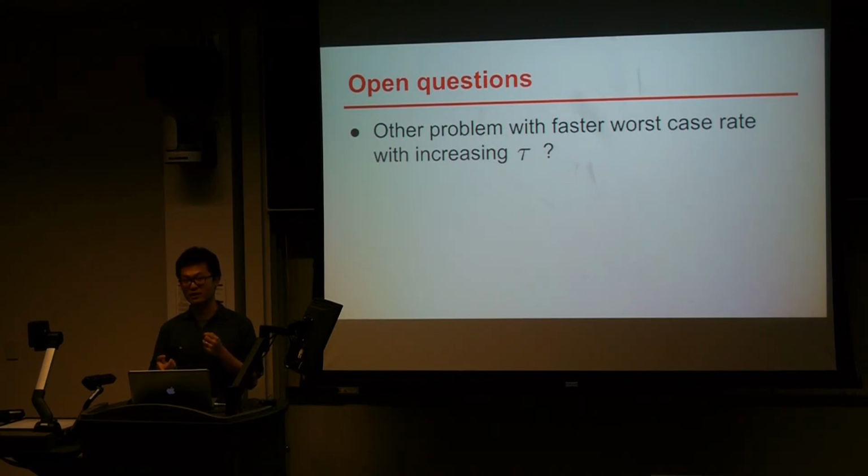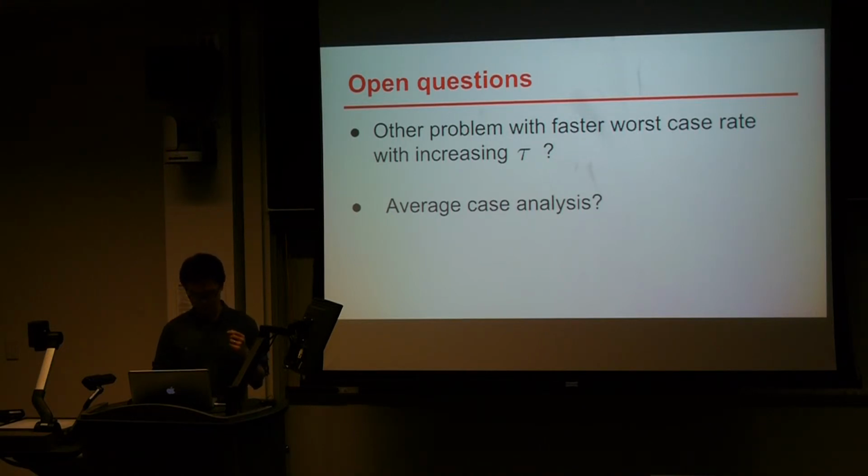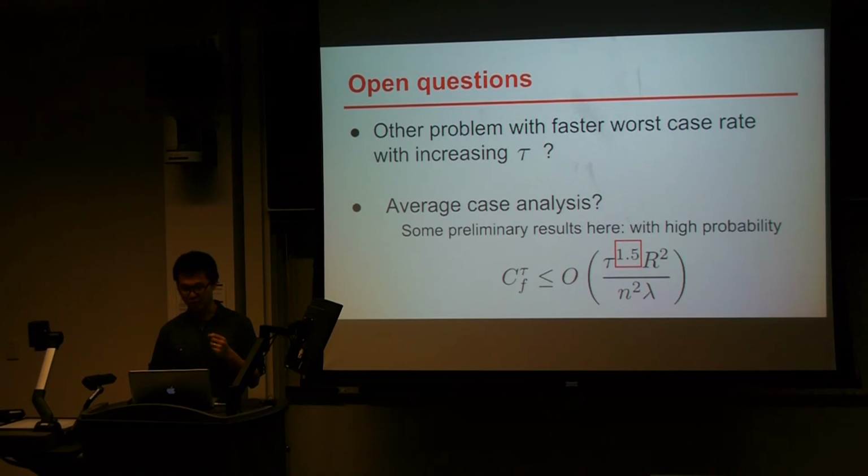And if this is the case, this justifies our distributing the data and the system so that it gets a faster convergence rate. On the other hand, we have been trying to work on the average case analysis for the Frank-Wolfe applied on the structural SVM. Some of the preliminary results show that if we assume some underlying model for the data generation, we can actually get a faster rate,